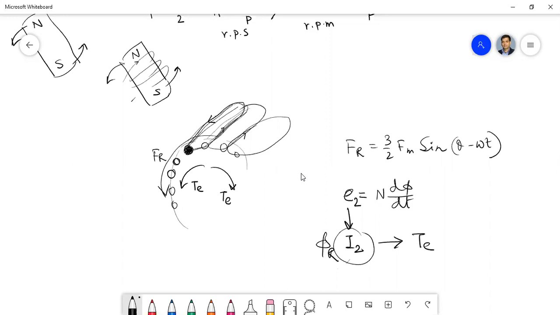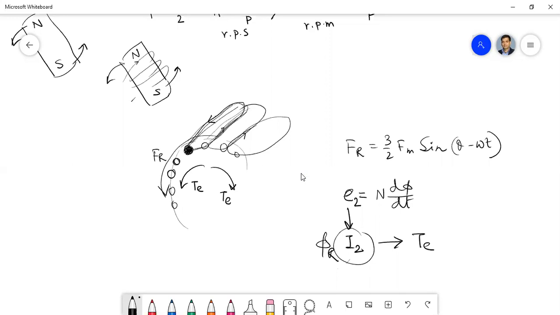Okay, so সেটা, to find out that, you just think, suppose by some external means we are rotating the rotor. Externally, we are rotating the rotor in the direction of the rotating magnetic field and at the same speed. Are you getting? আমি বাইরে কিছু একটা জিনিস দিয়ে রোটারটাকে ঘোরাচ্ছি কোন দিকে? In the same direction of the rotating magnetic field and at the same speed. একই দিকে ঘোরাচ্ছি এবং একই স্পিডে ঘোরাচ্ছি.